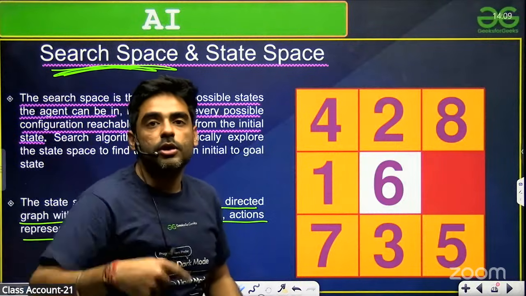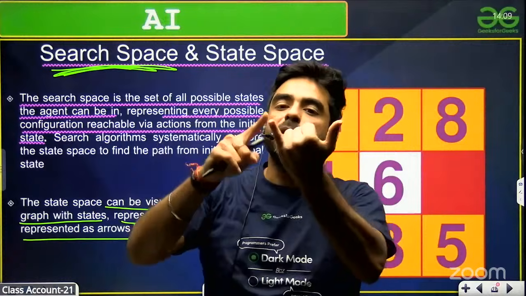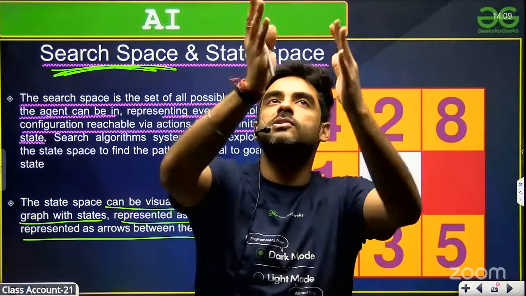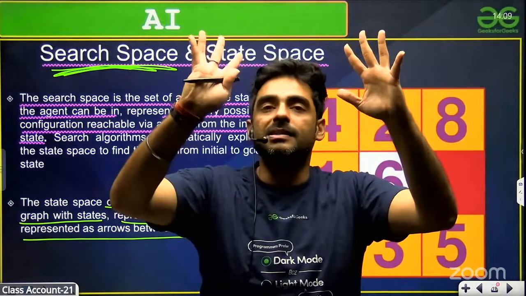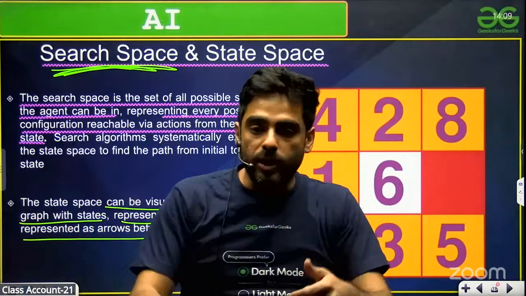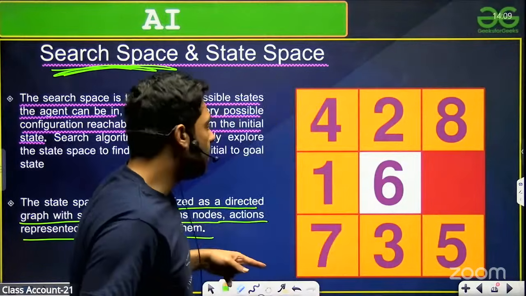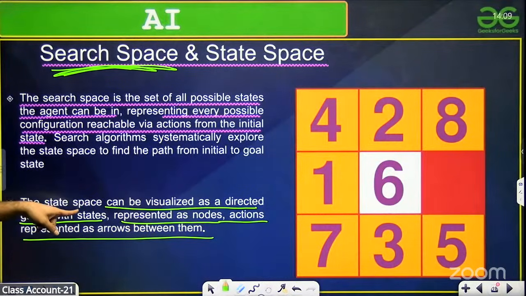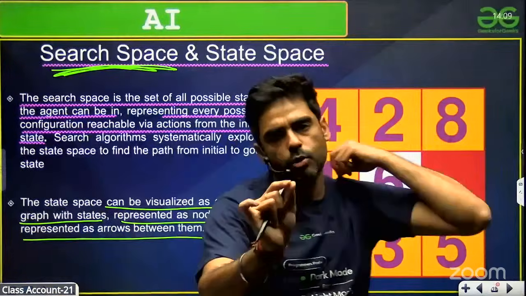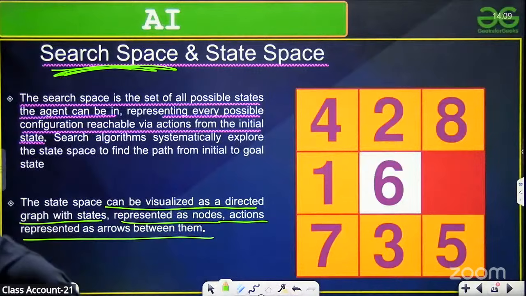So for example, for an Uber driver, he knows that he has to visit 20 places. I have to travel to Mayur Vihar, to Noida, to this place. So he has everything in his mind. That is the search space. Now he makes a plan that firstly I'll go here, then there, then there. This is the execution plan. That comes under the state space. That is the only difference. So guys, please note this down in the formula sheet.